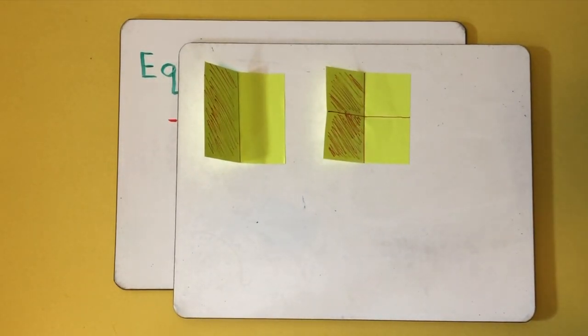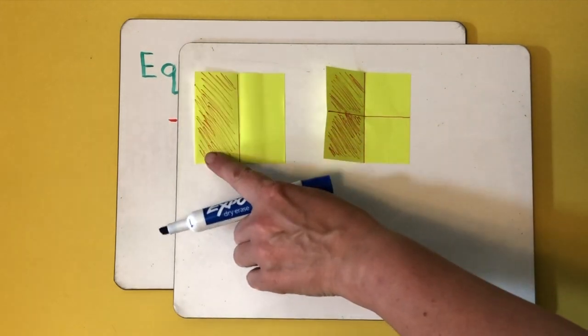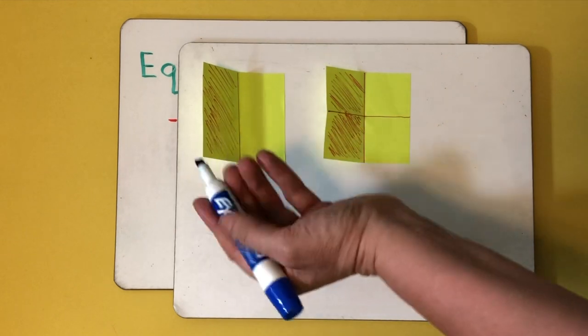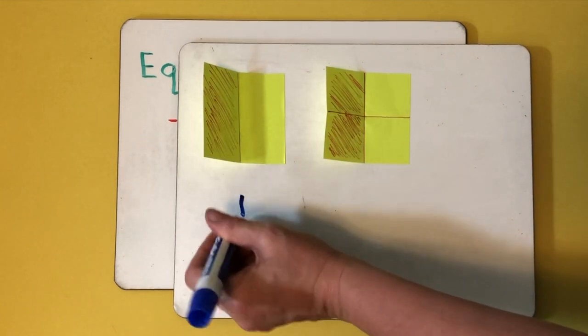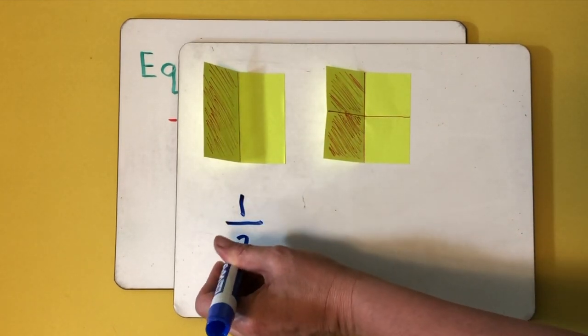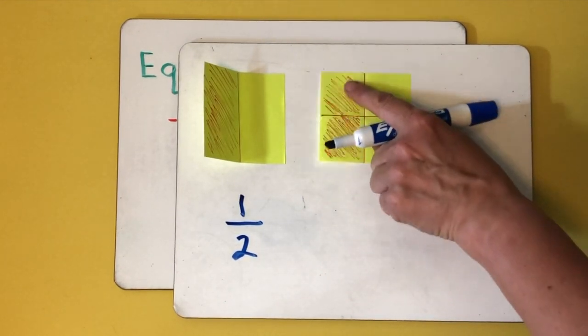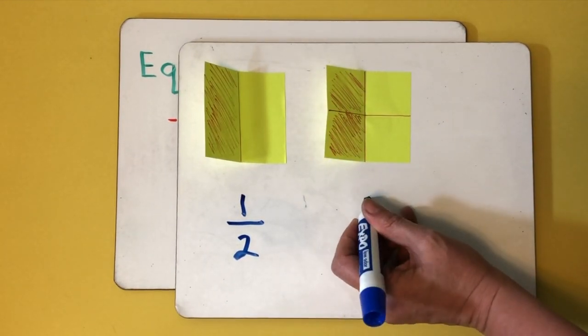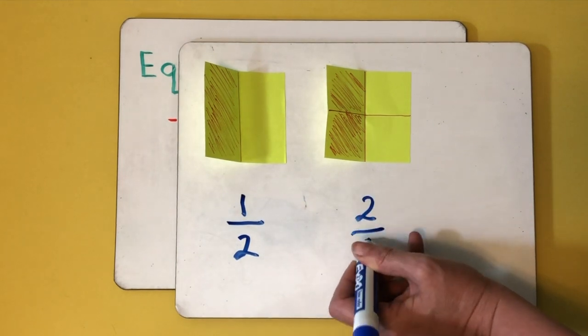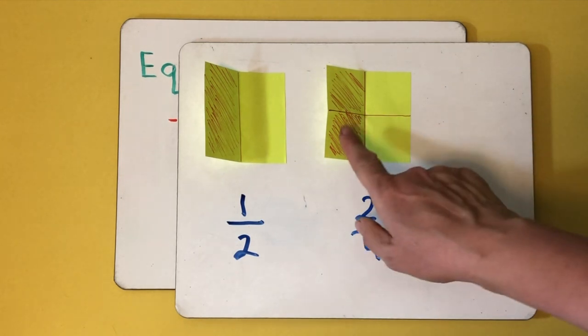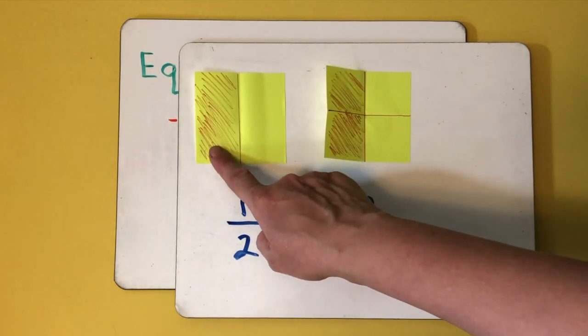Here we have one shaded in part out of two total parts. So we have 1/2. Over here we have 4 total parts and 2 of them are shaded in, so we have 2/4. 1/2 and 2/4 do not look like the same number, but we can see that they actually have the same